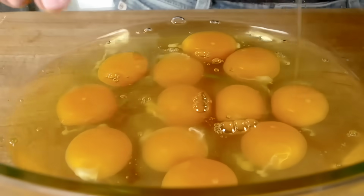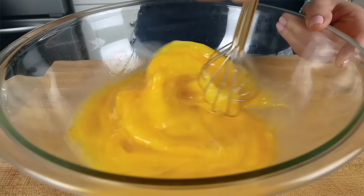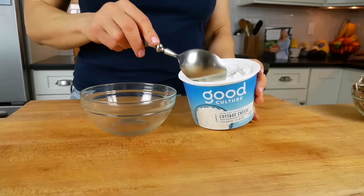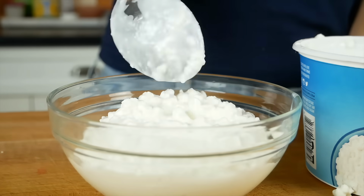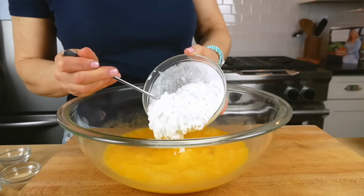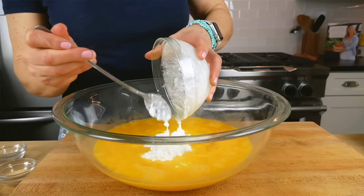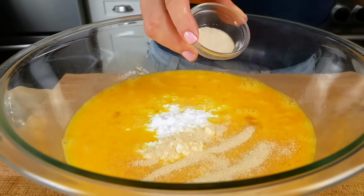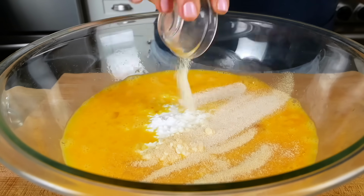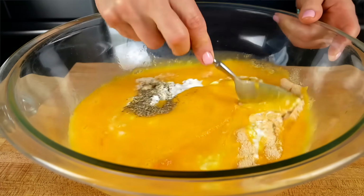Then for the eggs and the cottage cheese, I have 1 dozen eggs in a large bowl. I'm just gonna whisk those to break them up, and I'll add 1.5 cups of cottage cheese. Not only is the cottage cheese gonna boost the protein in this recipe, but it adds the most delicious flavor and creamy texture to the egg bake. I'll season that with a teaspoon each of garlic powder and onion powder. We'll give it a little bit of sea salt and black pepper, and give that one more mix